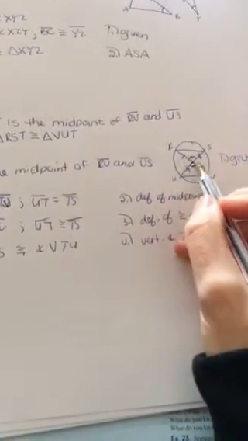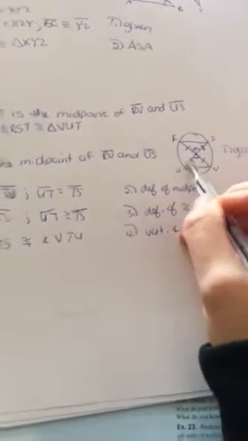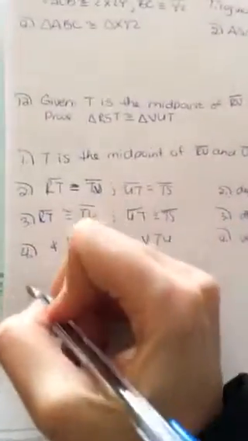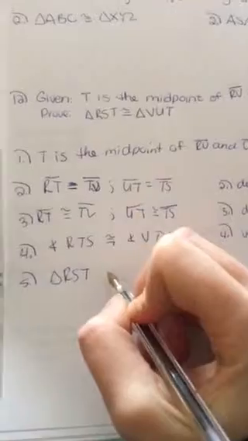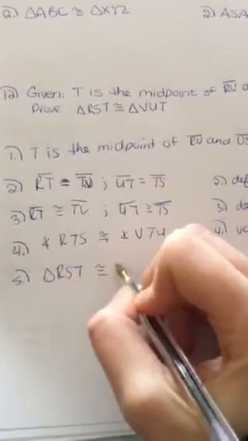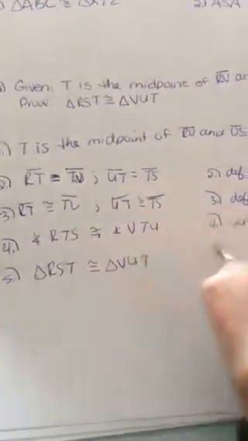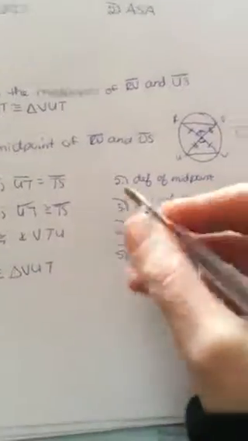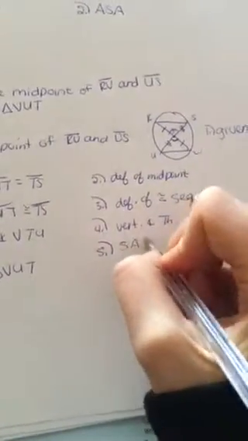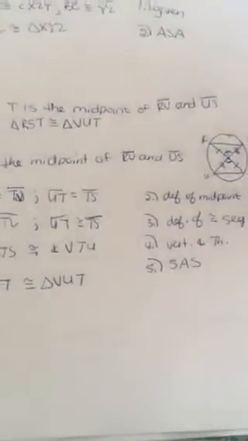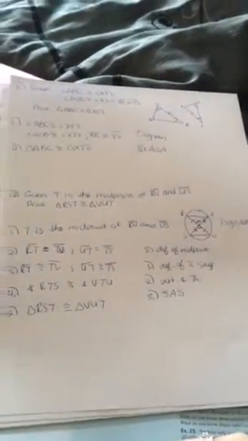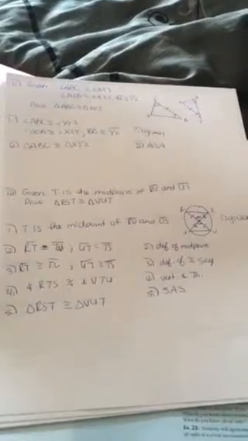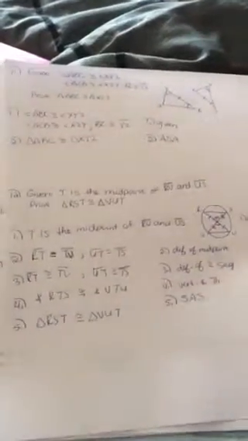I see now that I have side angle side, side angle side. So triangle RST is congruent to triangle VUT, and we proved that by side angle side. Okay, let me back that up a little bit, and you guys can copy that. If you guys need to copy these down, if you have mistakes, you can pause the video and